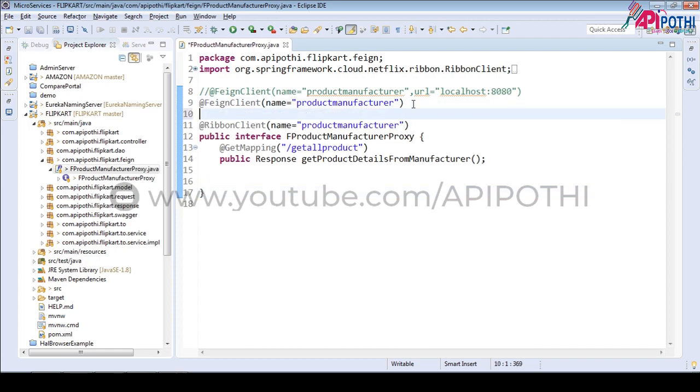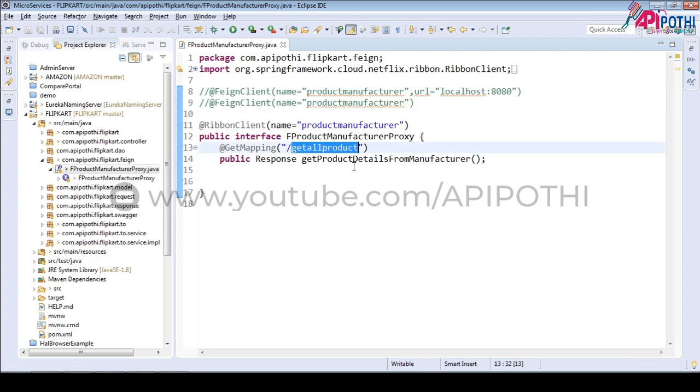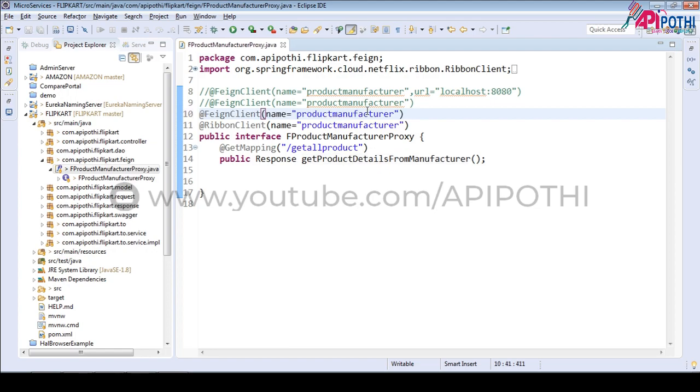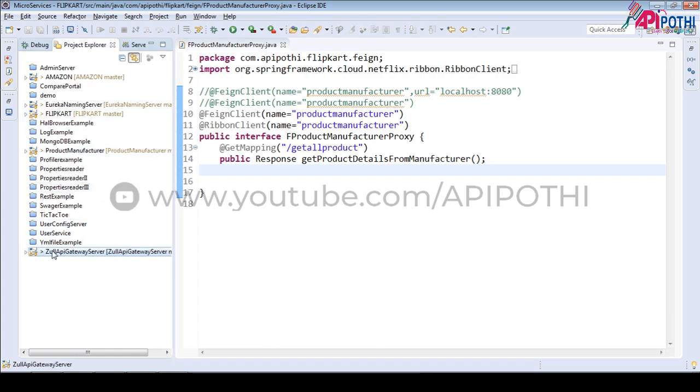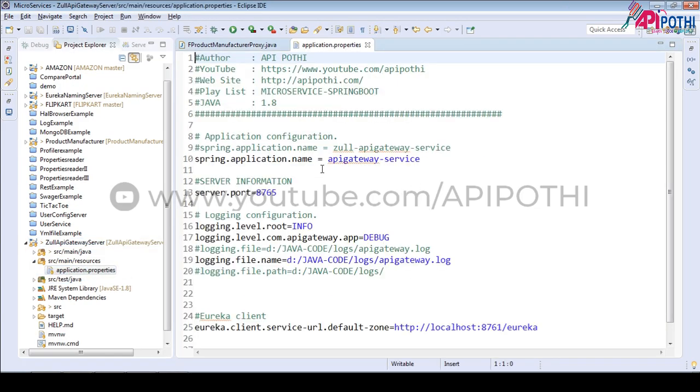So in order to do that, first we will do the configuration. Earlier this Feign client was saying that this API is running inside this service, right? Now the Ribbon client will change the statement and say no, it is not running here, but it is running in the API gateway. Understand this area very clearly.